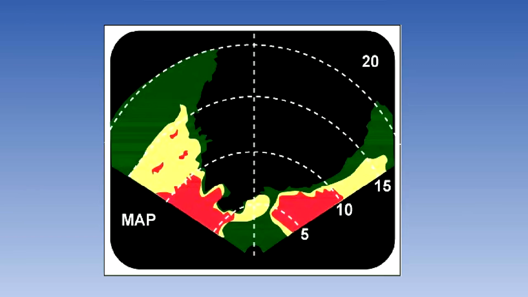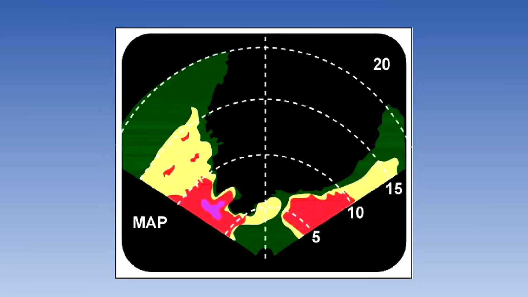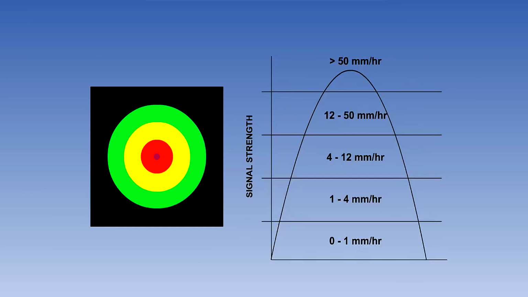Information on cloud formations or terrain features is displayed as a range from the aircraft and a bearing relative to its heading. The presentation in ascending order is in green, yellow, red, and magenta. Although older units may be monochrome in the weather mode, the colors represent the increasing variations in rainfall rate from light to very heavy. Green represents the lightest rainfall, and magenta the heaviest, and usually indicates the presence of turbulence.